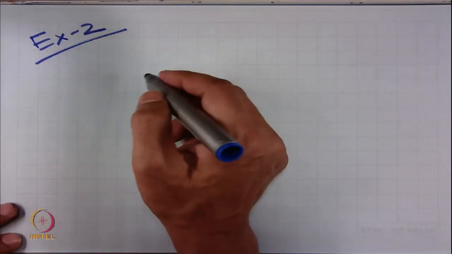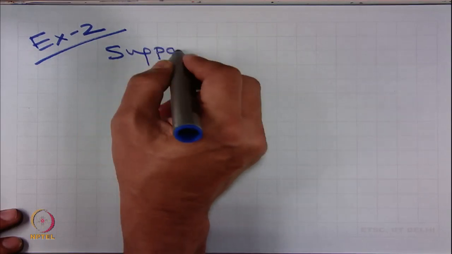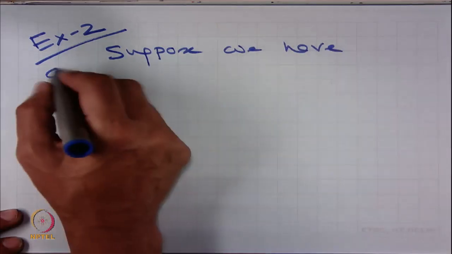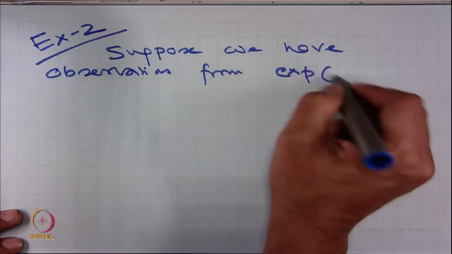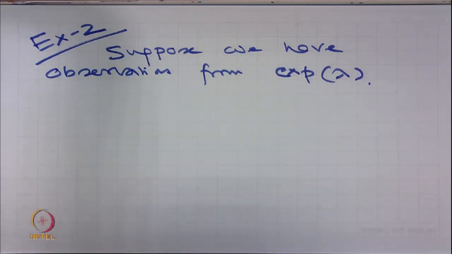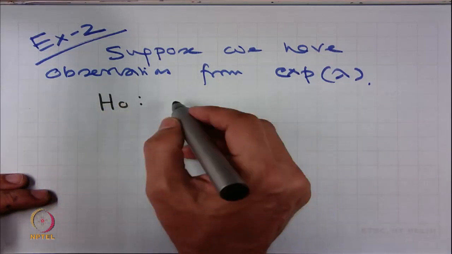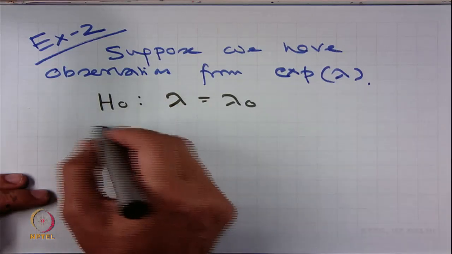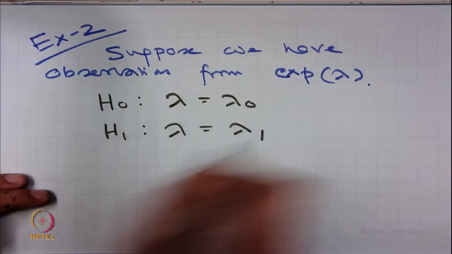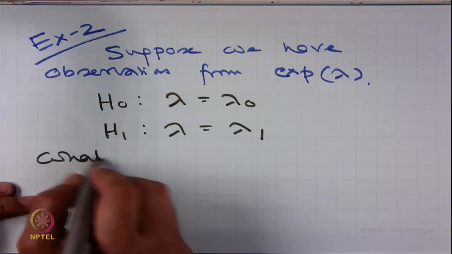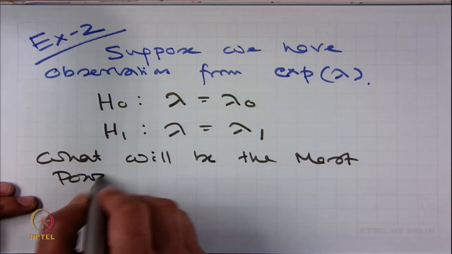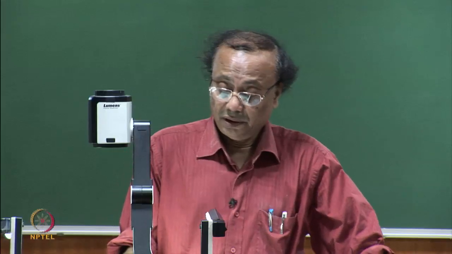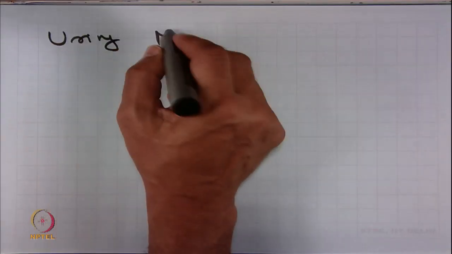Let us now consider a second example. Suppose we have observations from exponential lambda, and our H naught is lambda is equal to lambda naught and H1 is lambda is equal to lambda 1. What will be the most powerful critical region? Using Neyman-Pearson lemma,